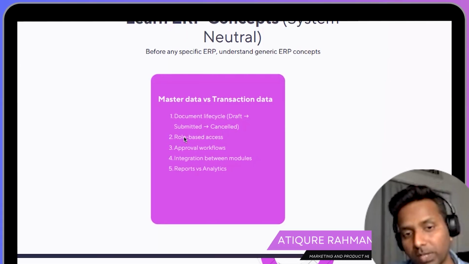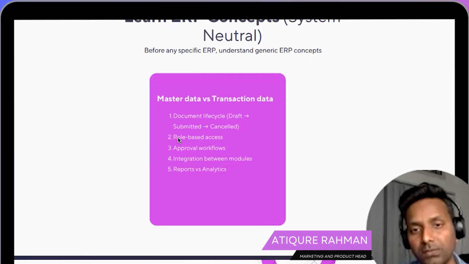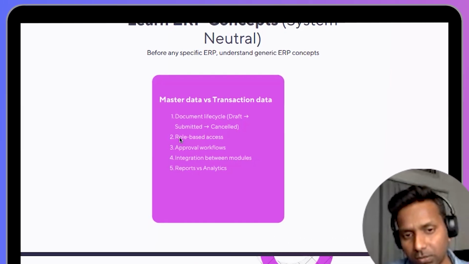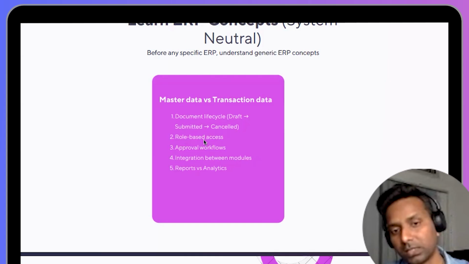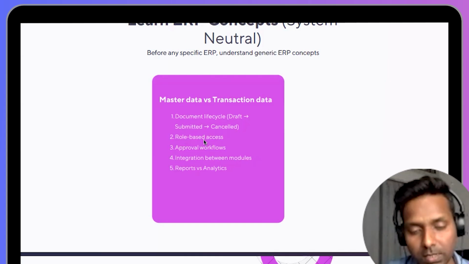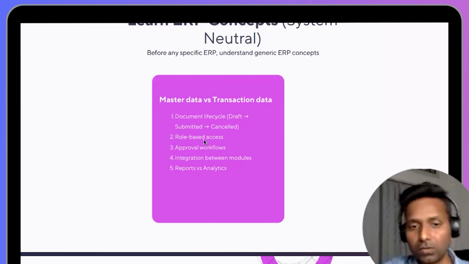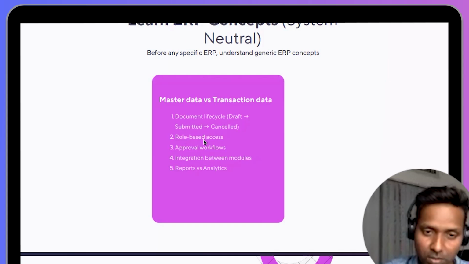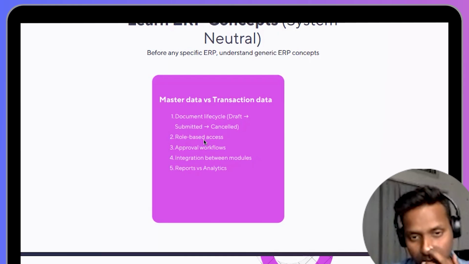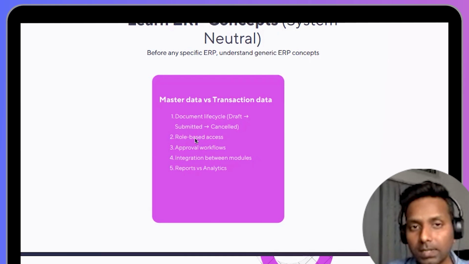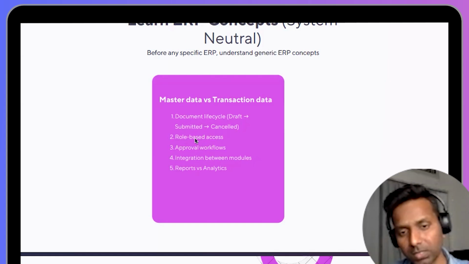And role-based access. So in ERP in companies, privacy means everyone should get their data according to their role only. These are very important roles, because in a single window you have the entire access. In Excel sheets and all these things, they keep everything on their computer or in their folder, so no one else can access it. But in ERP, everyone accesses through a single URL or single window. So how do you control that XYZ should not get certain data? With roles and permissions. And in AQ360 ERP you get complete roles and permissions with a very clear and very deep level of bifurcation of the roles and permissions.